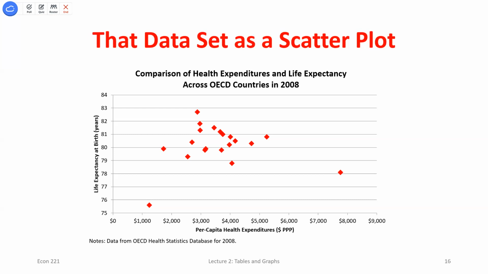Okay. This one's kind of interesting. I think this is the US, if I remember right. Even though we're spending way more on our healthcare, our life expectancy is below every single other OECD country except for Poland. So maybe these two things are correlated. Maybe it's that spending more on your healthcare, you're not doing that to be preventative, but because you're sick and you're not doing so well. So that maybe is the indicator that we have in the United States. But you have to dive deeper into it to really get that. But that's a scatter plot. It gives a nice quick idea about the relationship between our X and our Y axis variable.